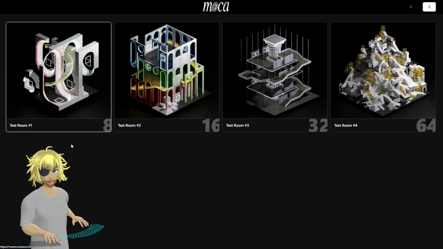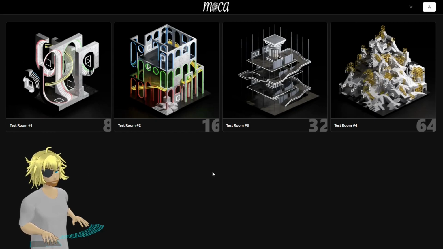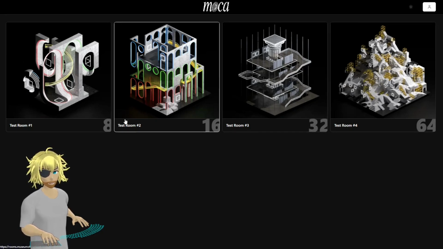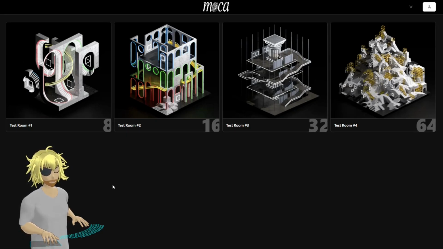This update automatically reflects across all those different virtual worlds, and you can maintain different rooms inside the museum and